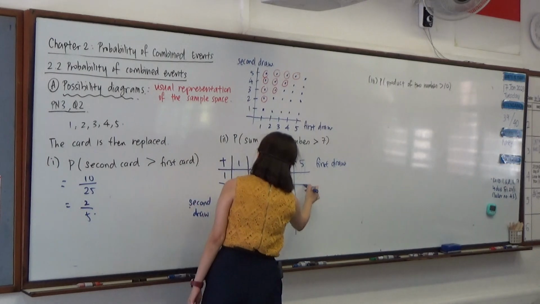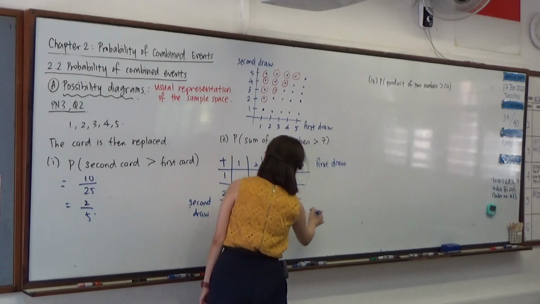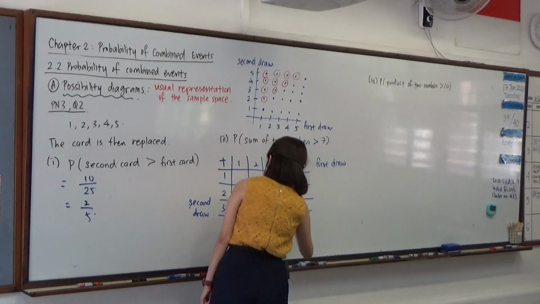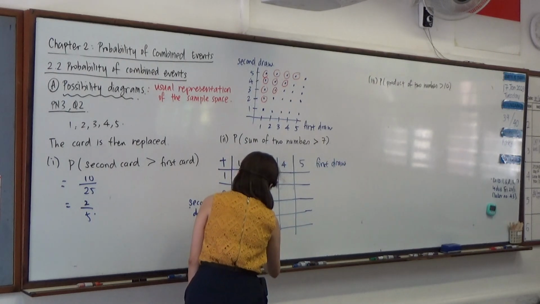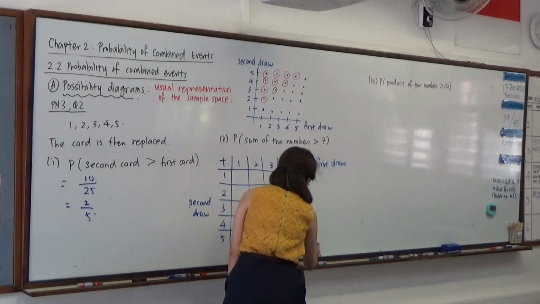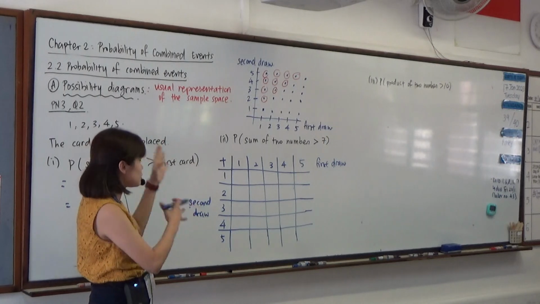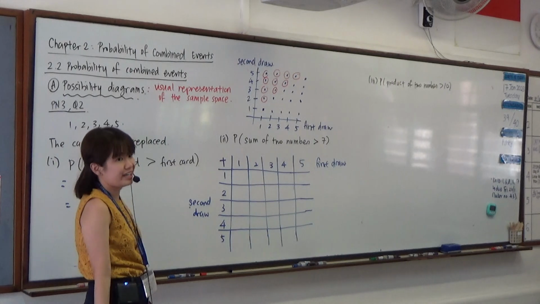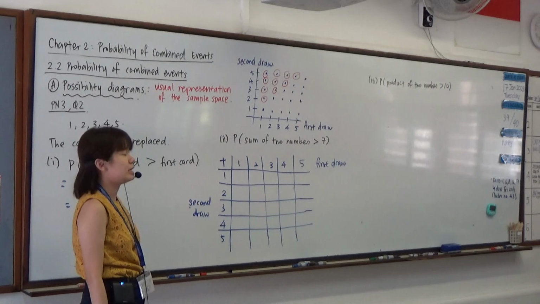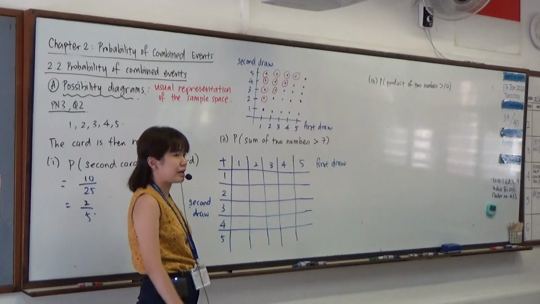Okay, then 1, 2, 3, 4. So we restructure our possibility diagram for addition, then we need to add it up, unfortunately. But usually the numbers are simple, don't really need a calculator. So if you tell me 1 plus 1, you need to press the calculator, I'm rather worried.